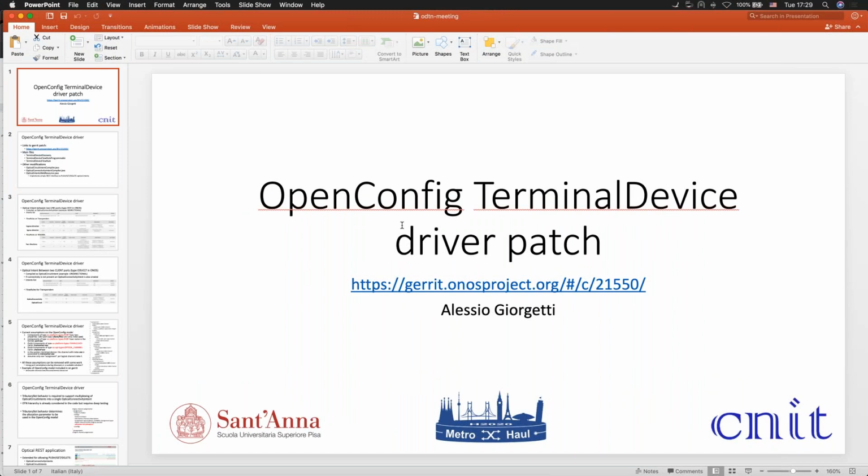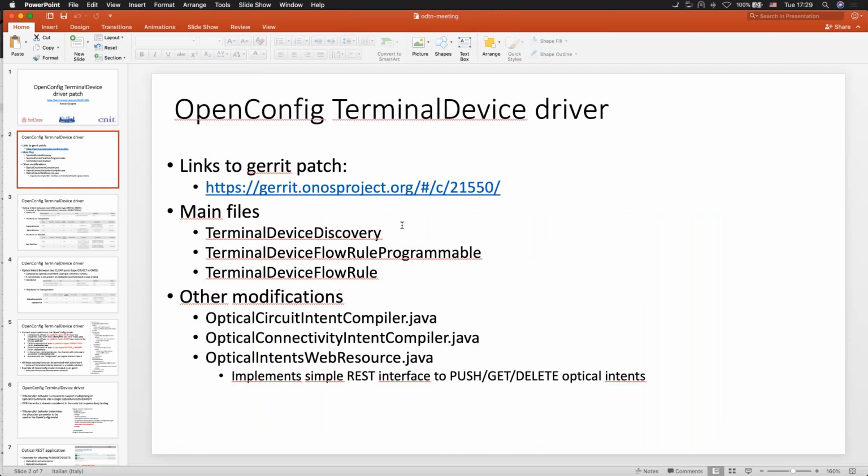Okay, thank you. Okay, so I just prepared a few slides to provide an overview of our work that we did for the driver of the terminal devices using the OpenConfig model. In the first slide, Andrea, are you moving the slides? I am. Okay. Here there is only the link to the Gerrit patch, and I listed the main files that we have modified